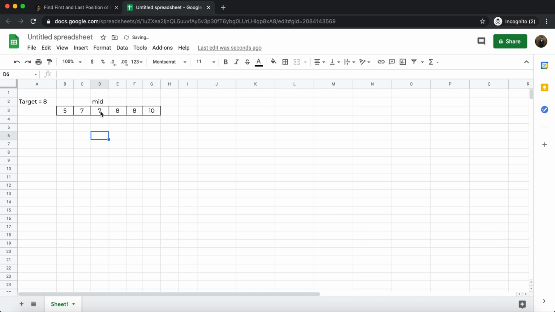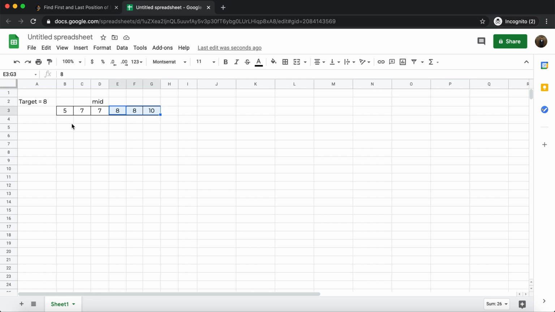If it is matching, then obviously we can take some actions. If it is not matching, then we have two decision points. We can either move left, reducing our search space and searching in this half of the array, or we can move right and search in this half of the array.